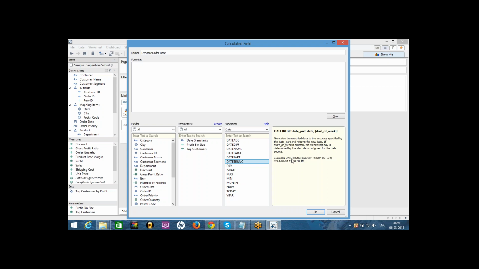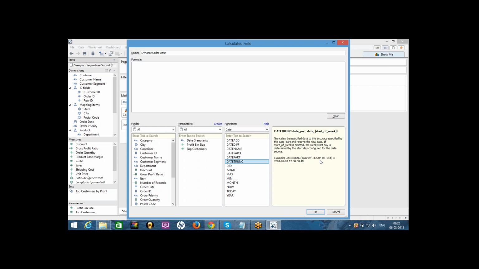For example, DATETRUNC quarter of the date 2004-08-15 returns 2004-07-01.